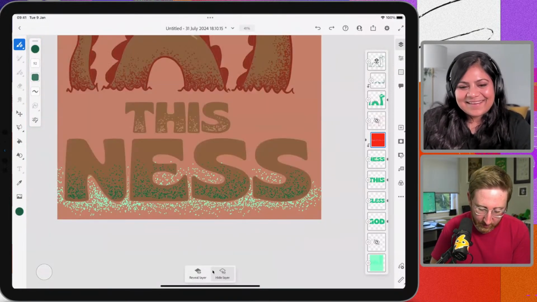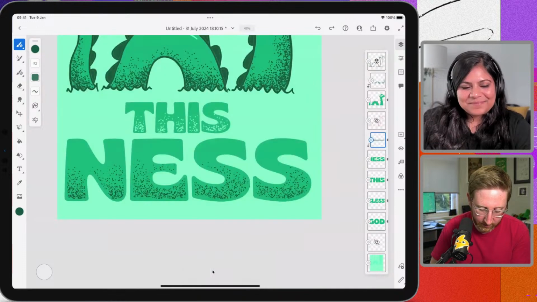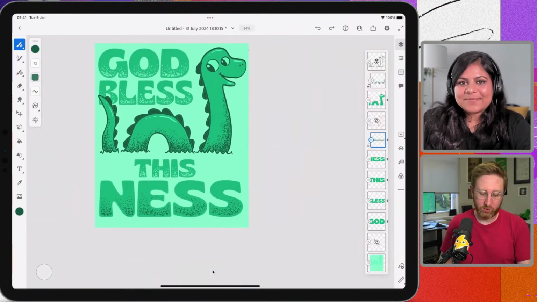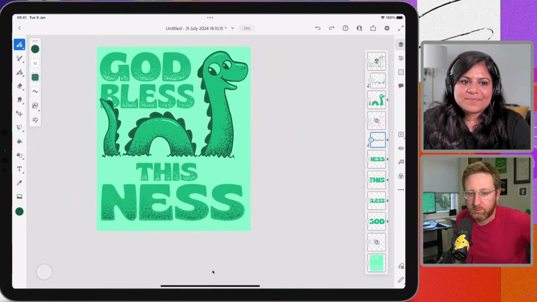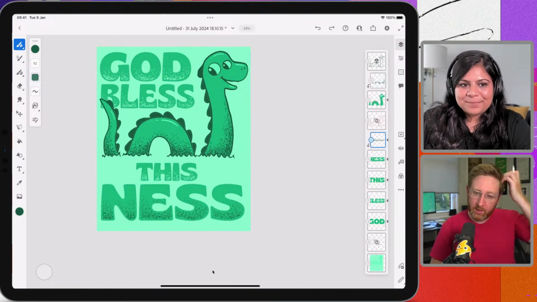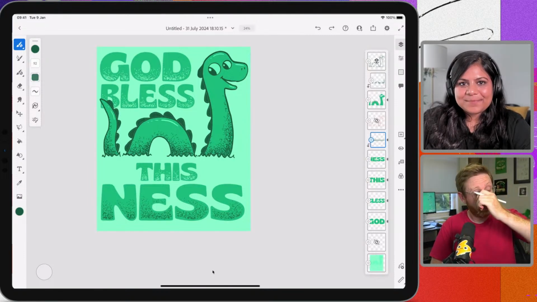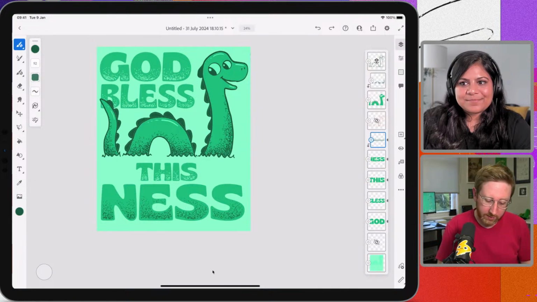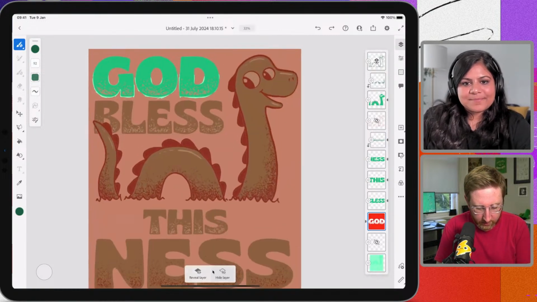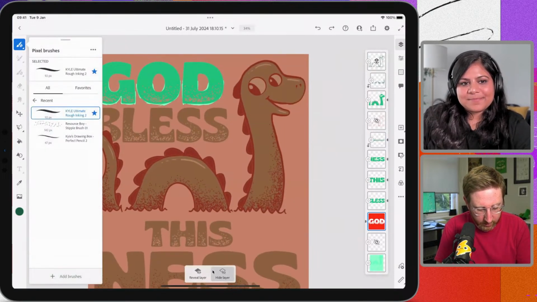So yeah, this looks pretty good. Just going to tidy up a few bits there. So still pretty subtle. We've not really warped the text too much. And I think that's pretty close to decent on the text. I think one more thing I might just do is I've got this other brush.